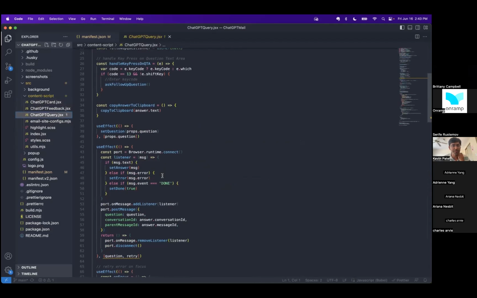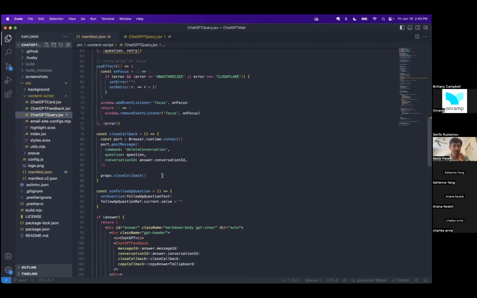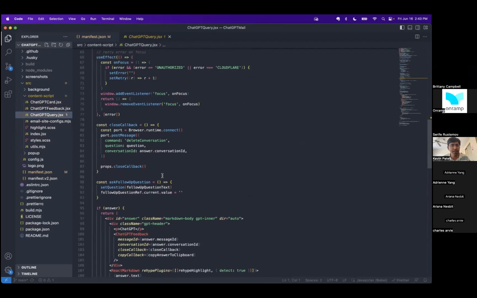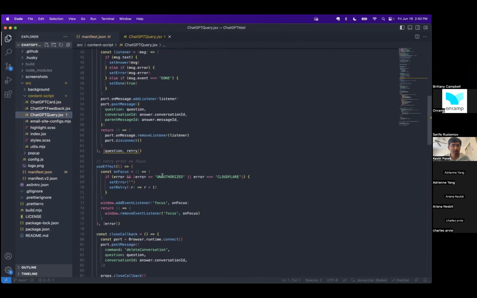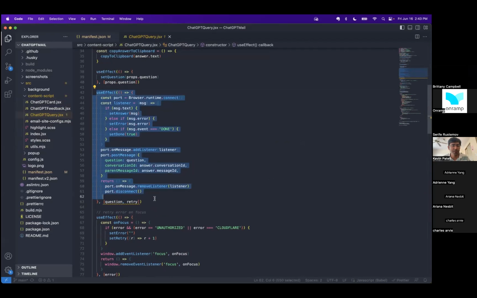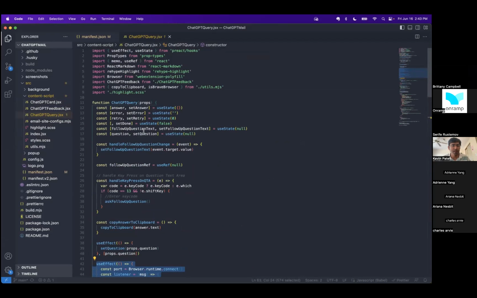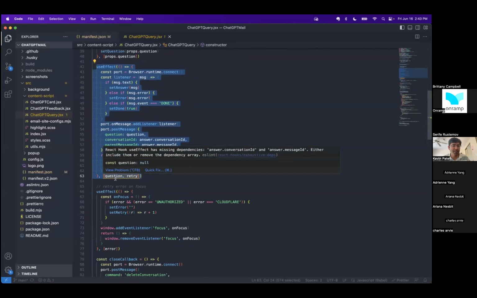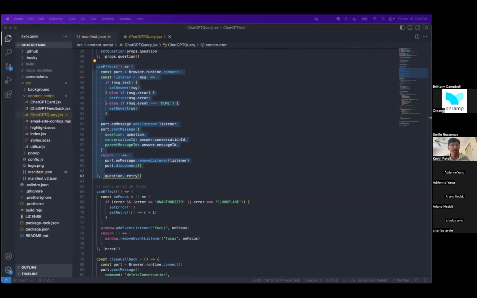And this is what happens in the ChatGPT query function. As you can see, the main thing that happens is around the question. Question is one of the states that we create, and the state gets set from the props. So when props.question comes in, we set the question to that props question, and whenever the question gets set or whenever we hit retry, these are the things